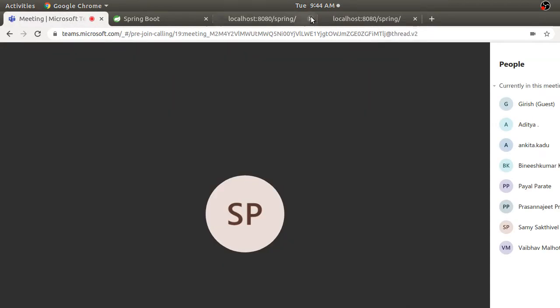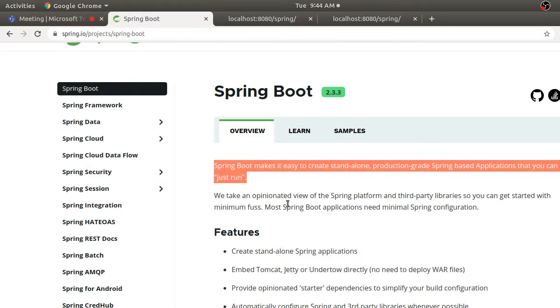Now I want to reduce this work. I just want to have everything in one application. If I create one project in Spring Boot, I don't want to add any server. I don't want to think of configuration. I don't want to do any of that work in Spring Boot. So Spring Boot is basically a framework for your Spring applications. Spring is a framework which allows you to do many use cases in your application development, but Spring Boot is to make you start application development right away.